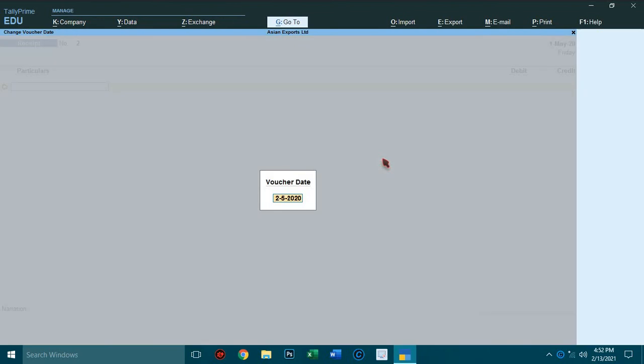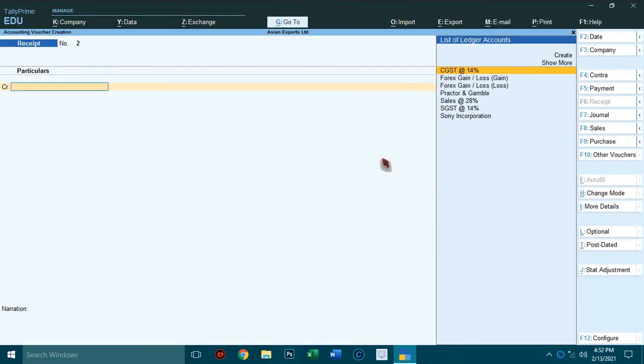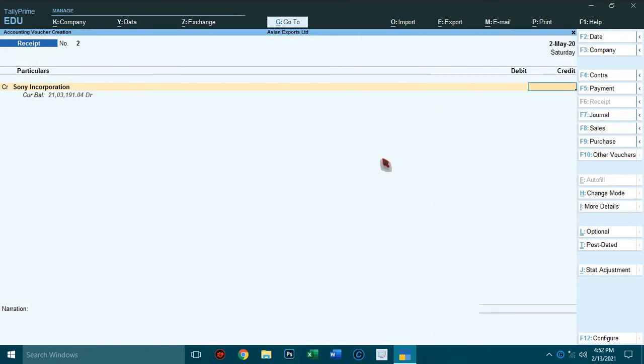On May 2nd, Sony Incorporation, they are going to make payment. Select Sony Incorporation. So their amount is 20,619.52 pound. Alt 156.